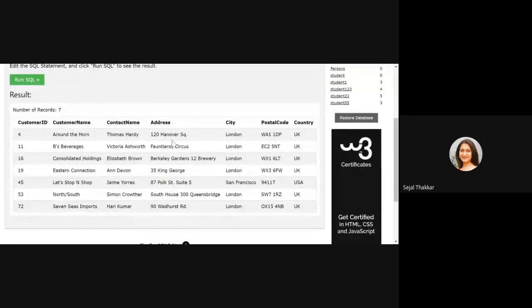See here the fifth column, the city column.